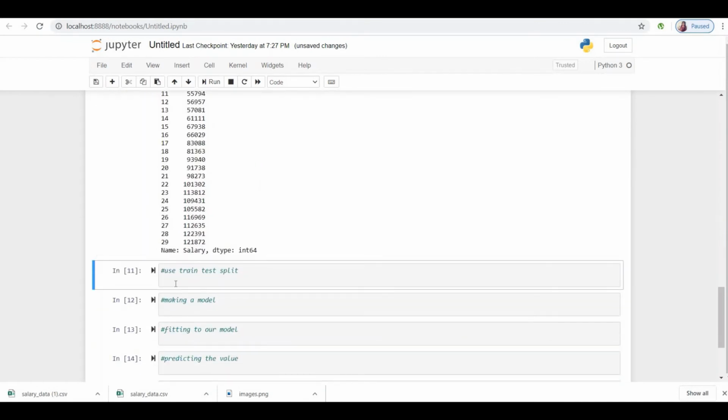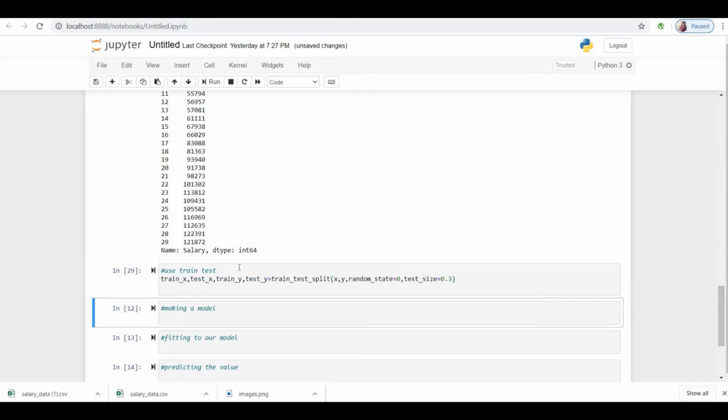After that we will be using train_test_split to split our data set into training set and test set. So let us do so. We will use this particular code to split our data set into training set and test set, and we are passing the x value, that is the independent value, and then the dependent value, and after that we are keeping random state as 0. That means that whenever we execute all this code, we will be taking the same sample of data, and after that we are taking the test size, that the data we will be using for test purpose is 30%, and for training purpose we will be taking 70% of the data. Now we will execute this particular line of code.